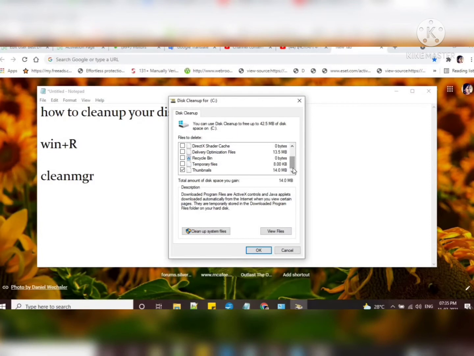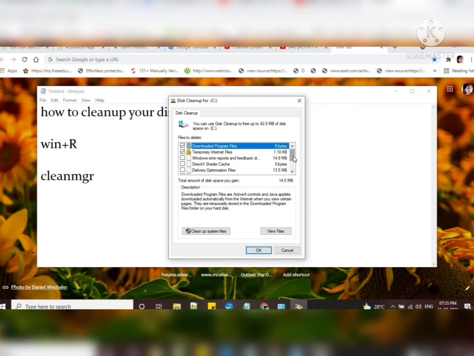Here you can see, because I usually clean up my disk on a daily basis for the betterment of my computer, there is not much disk space acquired by junk and garbage files. Here you can check your computer or device. If you haven't cleaned your computer for a long time, then it may have a lot of junk.